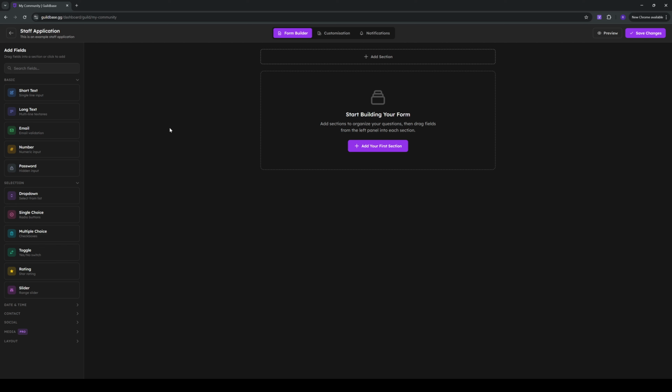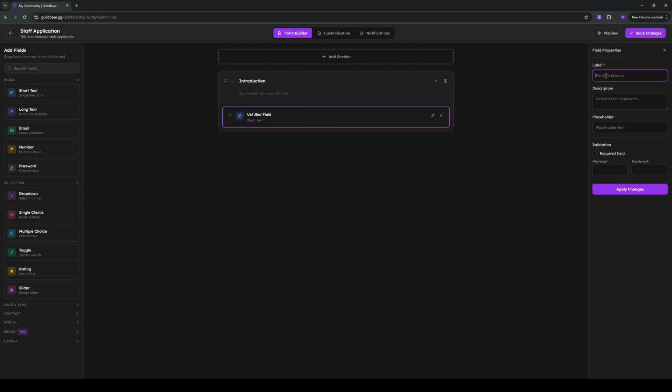So the template builder is a drag and drop interface where you can essentially add various different fields, as you see on the left hand side, and I can add sections. So I'm going to add a section. I'm going to say introduction, and then I want a short text field. So I'm going to hover over, I'm going to drag it in, drop, and then I can choose a label for it. So let's say your name. I'm going to make this a required field, apply changes,